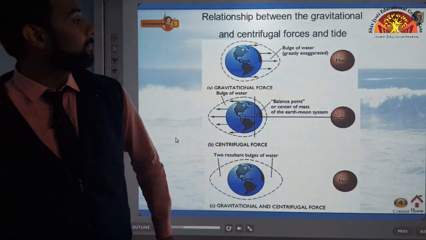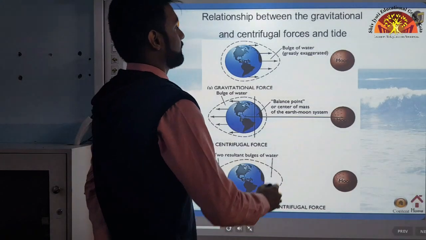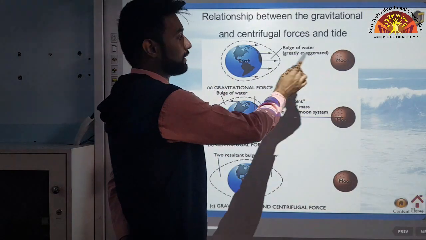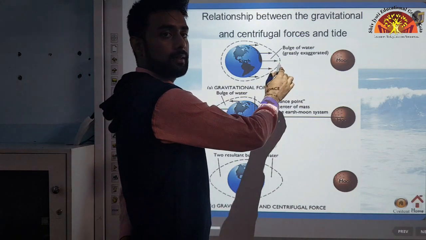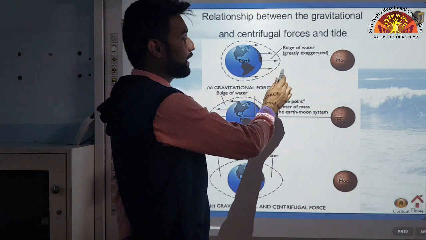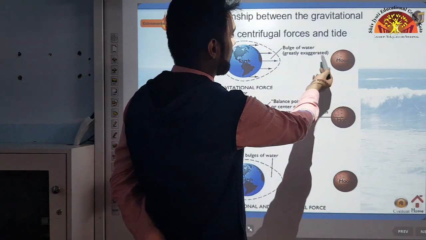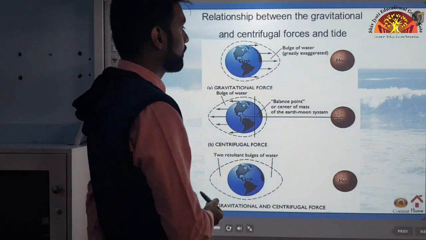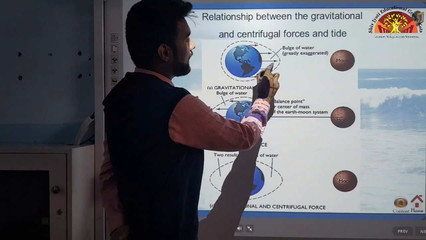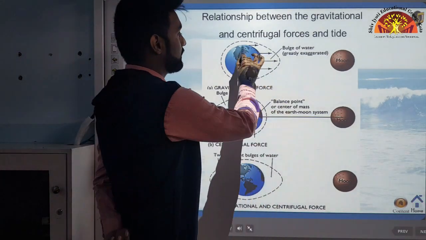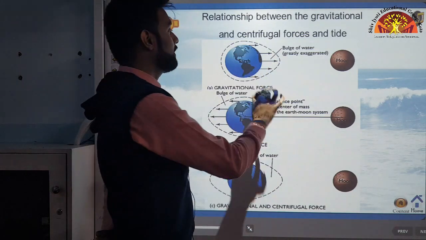Now what is happening? See now, first, earth is here and the moon is here. The moon will exert gravity on earth. Because of that, what will happen? The water will be forced to rise up, because it will get attracted towards the moon's gravity. Okay, a bulge of water is created. It has been exaggerated here in this diagram just to show you; that much water does not rise up.